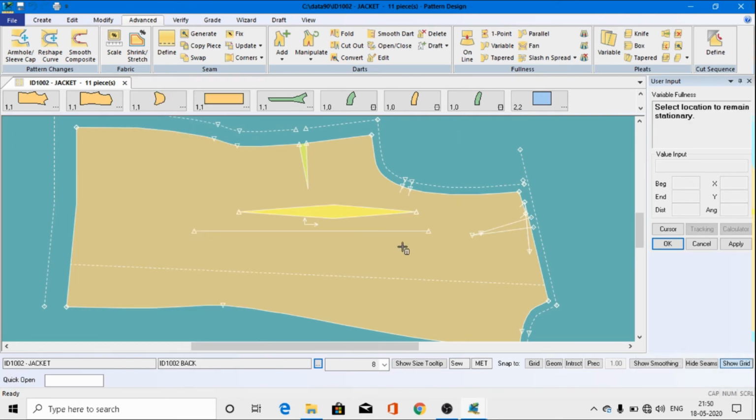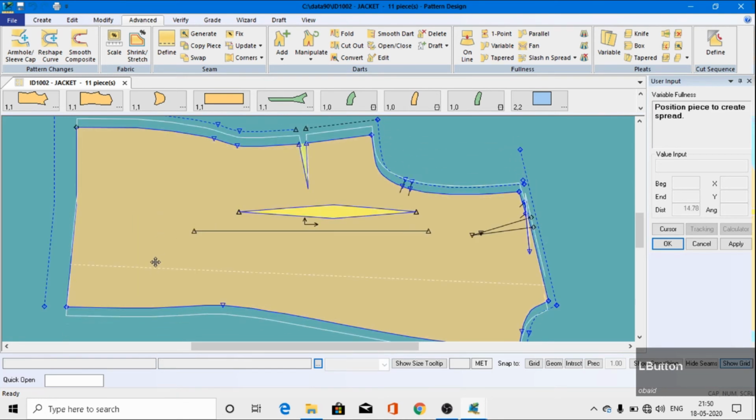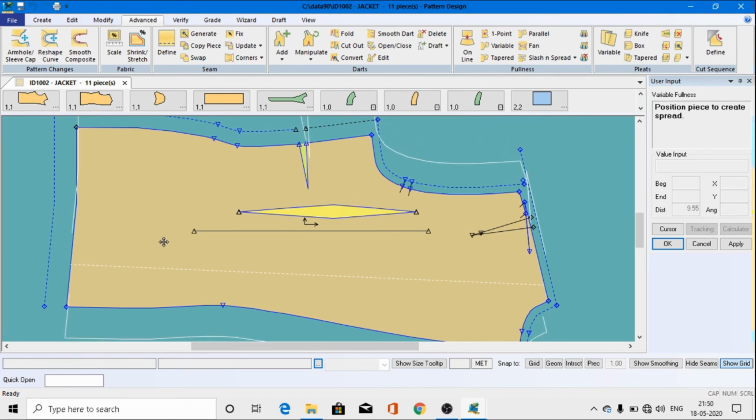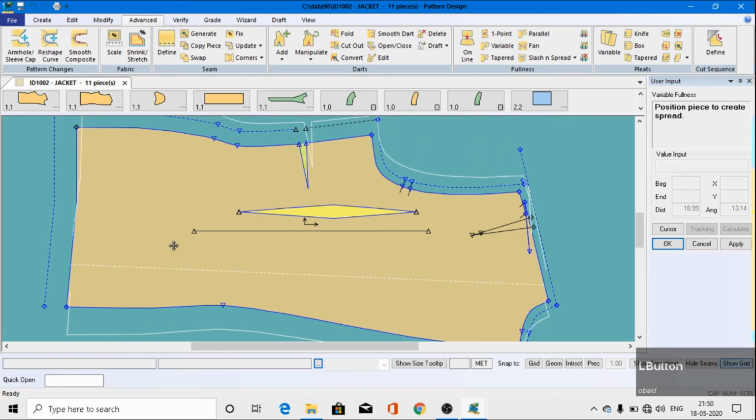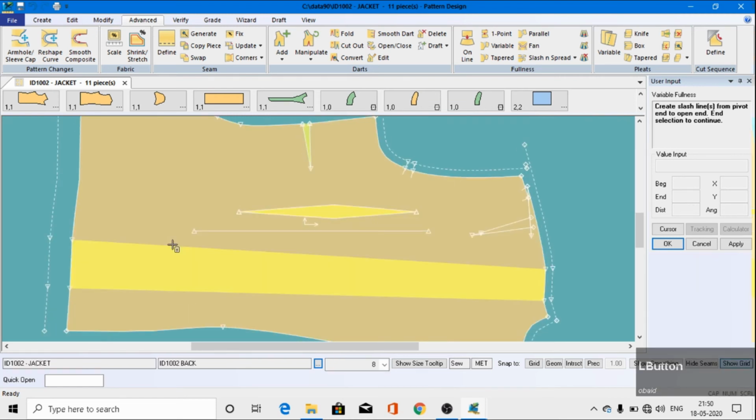So wherever you want stationary position, you can put here. Where you want to open, you can open it, and selection and right. So like this you can change your fullness. So like this, see that fullness has been applied in the patterns.